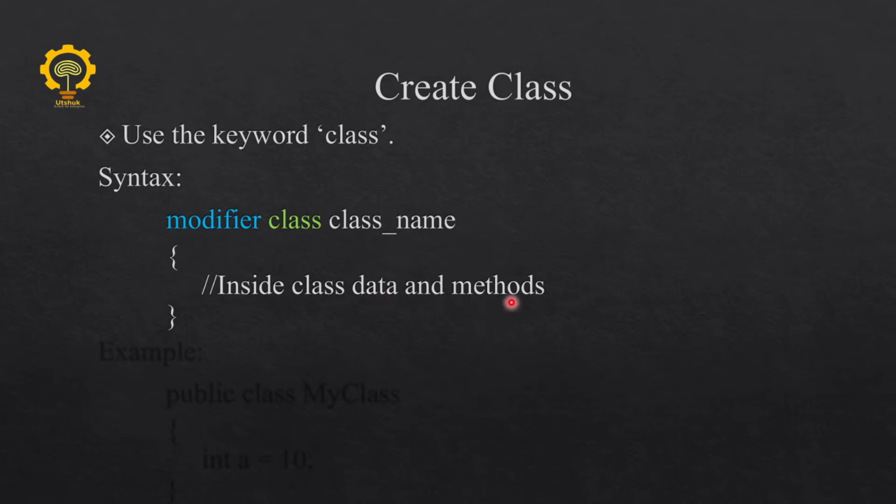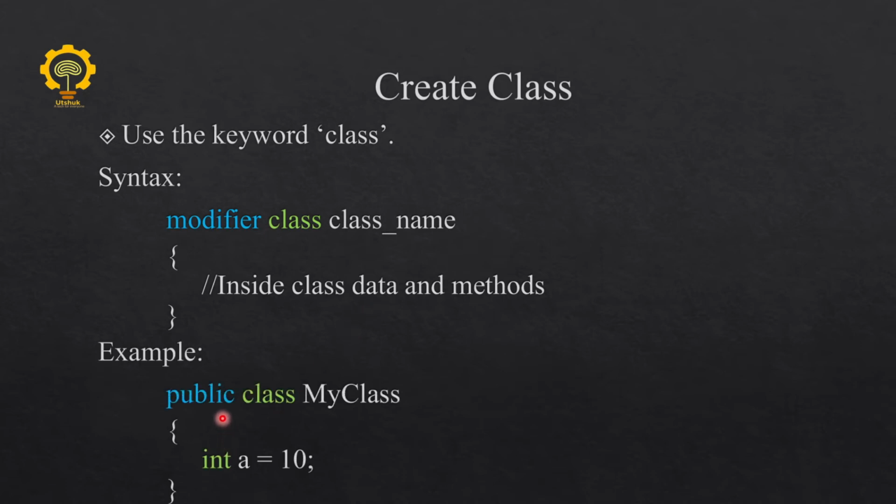Methods we have seen previously, and we have also seen the variations of methods like parameterized, non-parameterized, or simply with a return type. Data means the variables that we define within the class, and data is kept private whereas methods are made public, and using the methods we can access the data. So suppose we have public as an access modifier, class is a keyword, and we have the class name as MyClass. Then inside the body of the class there is one variable.